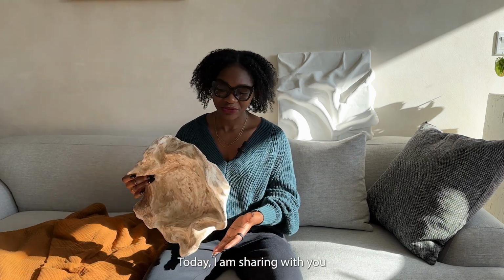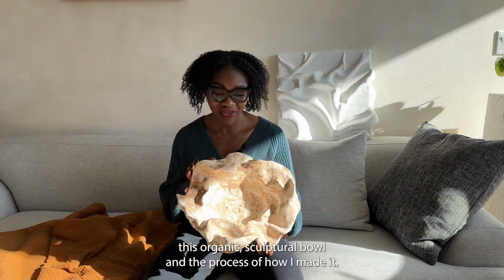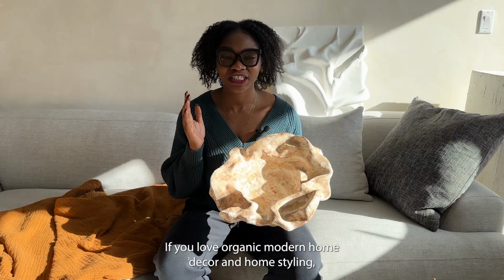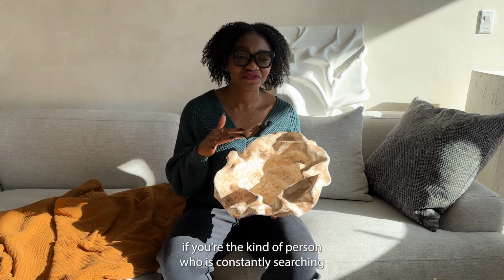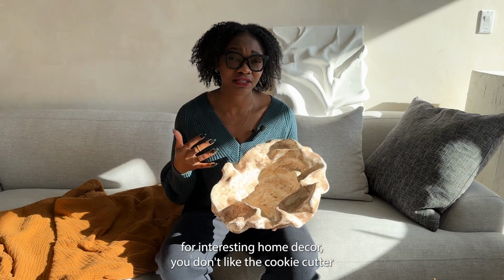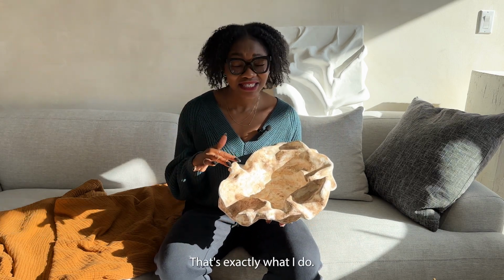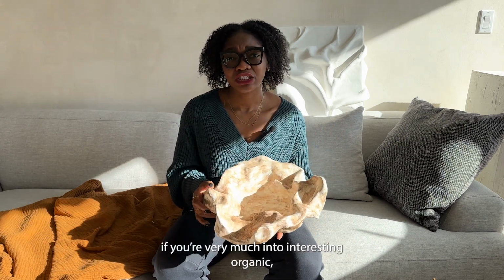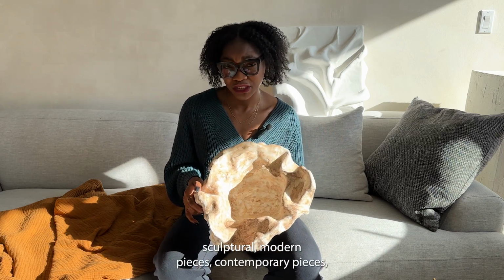Today, I am sharing with you this organic sculptural bowl and the process of how I made it. It is made from plaster and coffee. This piece is for you if you love organic modern home decor and home styling. If you're the kind of person who is constantly searching for interesting home decor, you don't like the cookie cutter home decor that you can find at big box stores, then